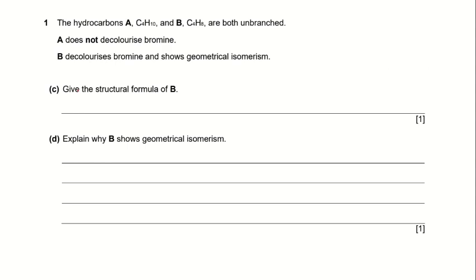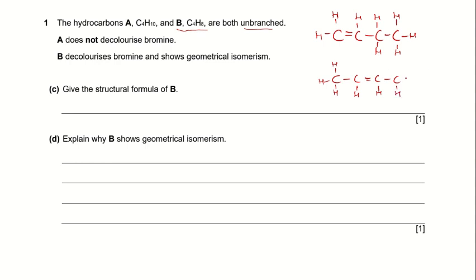Now let's look at part C and D of question 1. This time we are talking about molecule B, hydrocarbon B. So part A and B was about hydrocarbon A. Now, part C, we are supposed to give the structural formula of B. Again, B is an alkene, 4 carbon alkene, unbranched. So let's draw the structure of an unbranched alkene with 4 carbon. So I can have the double bond between carbon number 1 and number 2. Display formula first, before we turn it into a structural formula. So the double bond can be between carbon 1 and 2 or between carbon 2 and 3. Later we will check the other part of the information to find out which one should be the formula